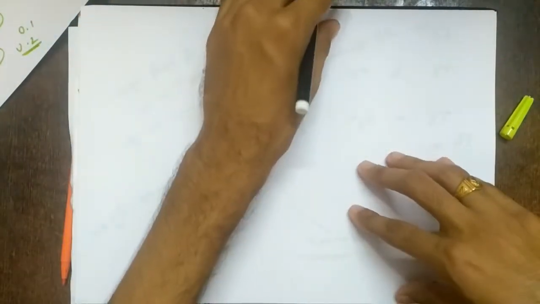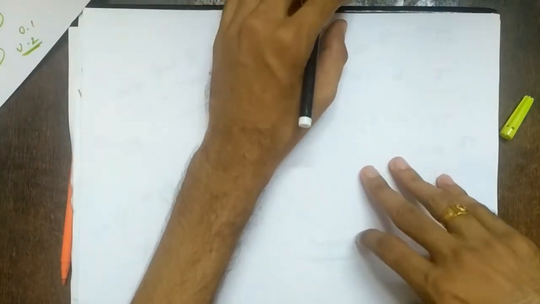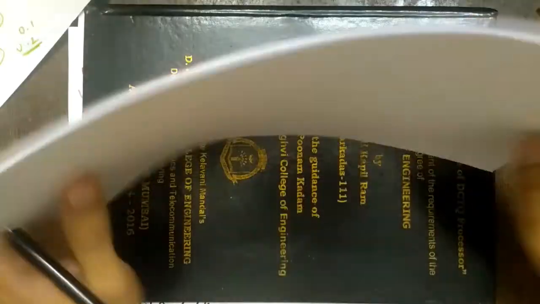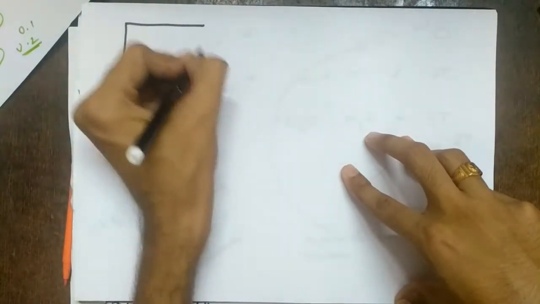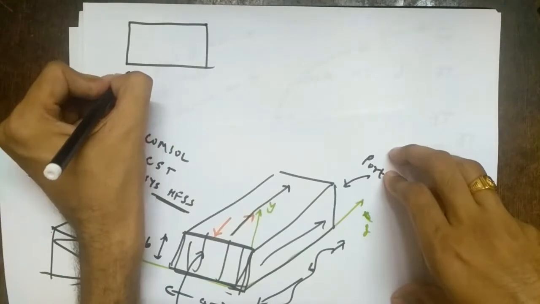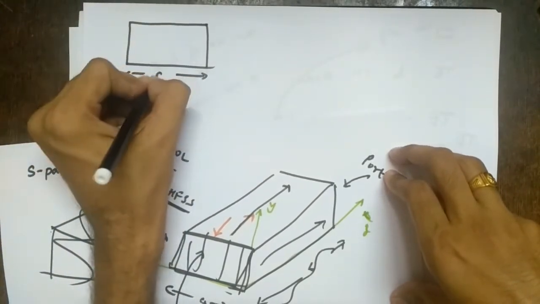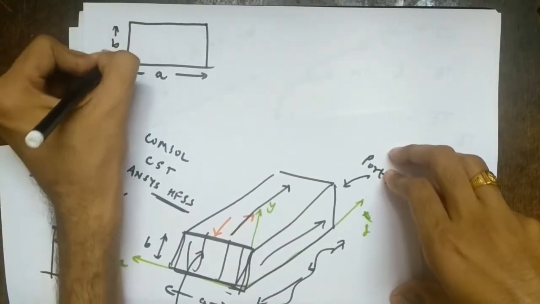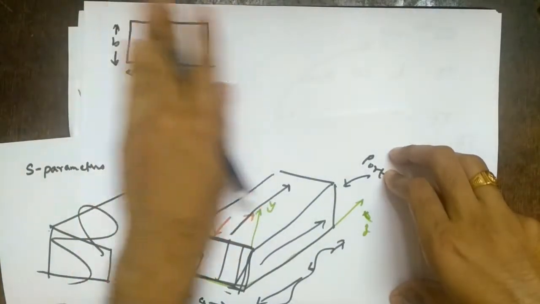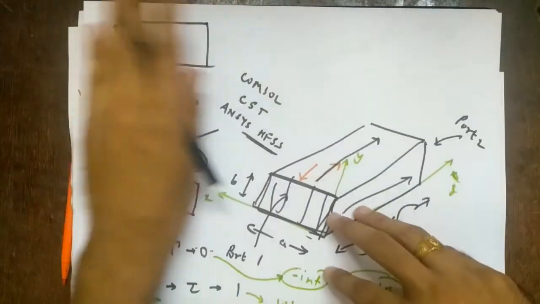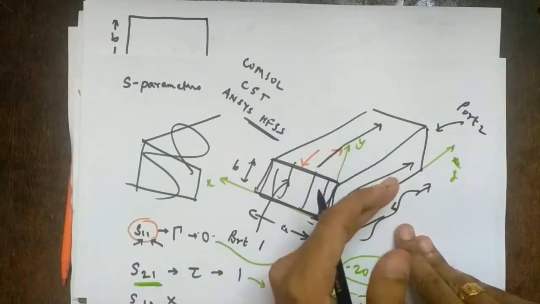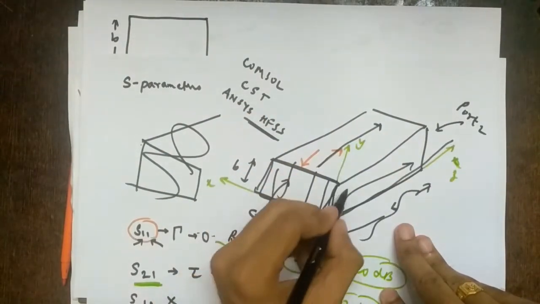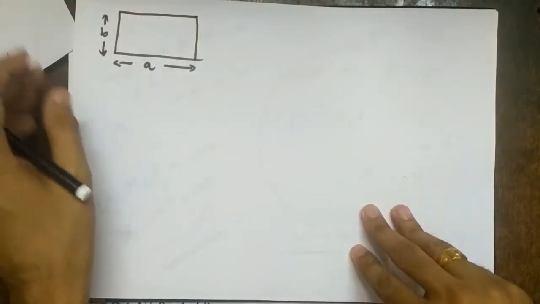And usually this is not understood by many. So make sure you are attentive and careful. Okay. So I have what? A rectangular waveguide. So this is my rectangular waveguide, right? And this broader dimension is a, and the narrower dimension is b, right? We are only interested in the transverse direction. Why? I have taken a transverse part only, right? This is the longitudinal part. This is the transverse part. Why? Because we have TE and TM modes. They are transverse. So we will see the modes from this section only.